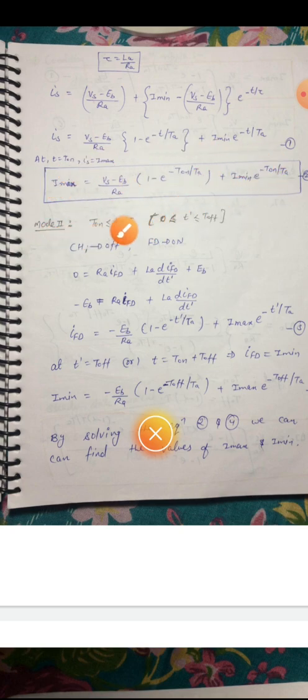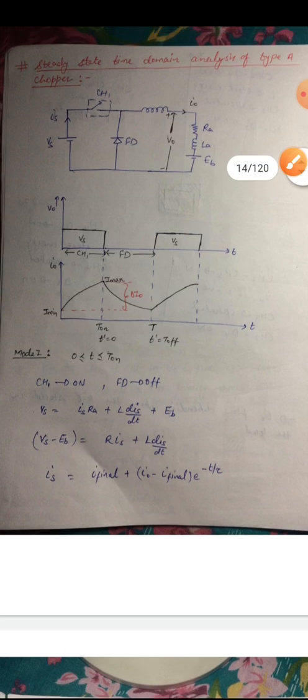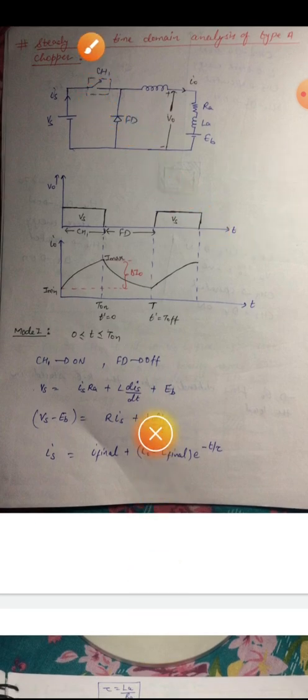Now mode 2 is from t on to T, which is basically the t off mode. So what will happen in this? In this mode, the chopper is off and the freewheeling diode is on. So we get this equation. How do we get this equation? The current is flowing in this direction, so we have 0 equals Ra...